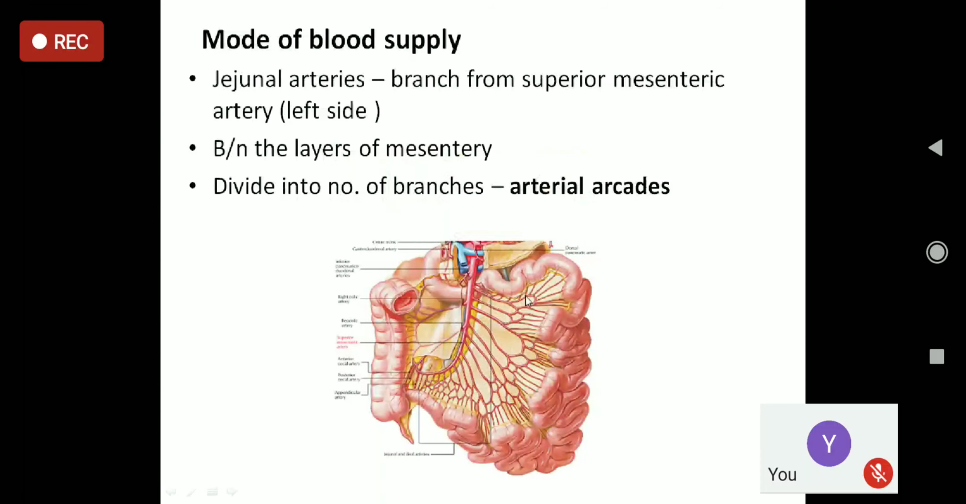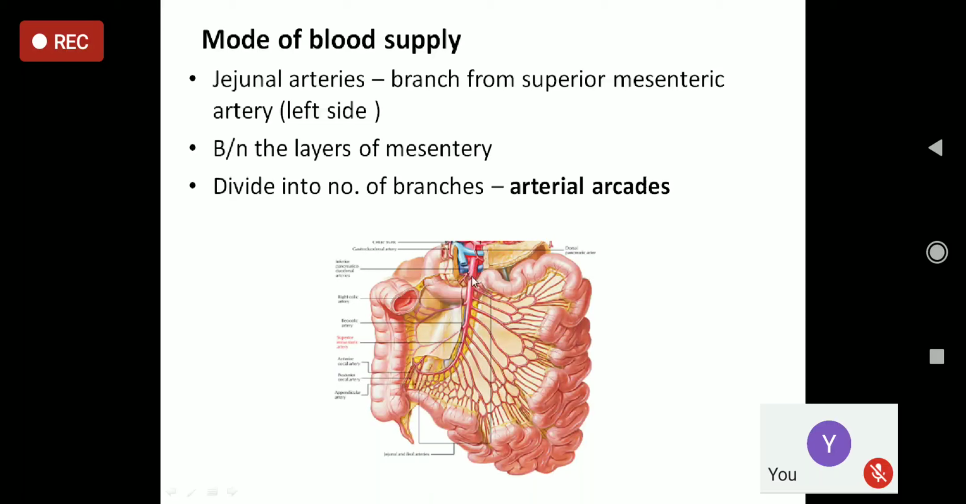Now come to the mode of blood supply. In this figure again you can see the mesentery, through which the small intestine is suspended to the posterior abdominal wall. So this is the posterior abdominal wall here. Here you can see a number of arteries. These are the jejunal arteries, and they arise from the left side of the